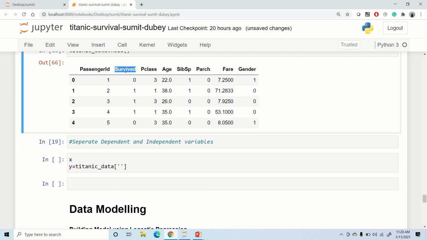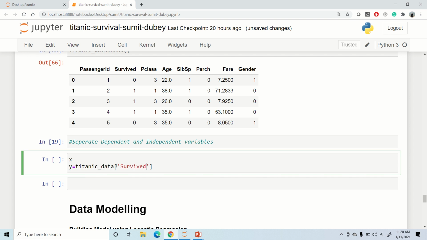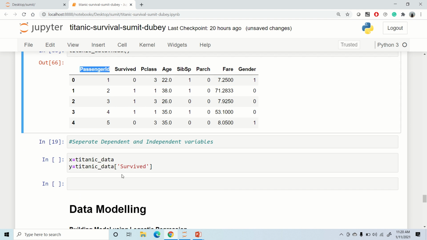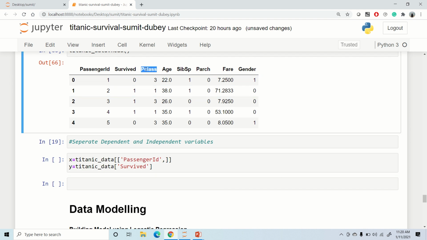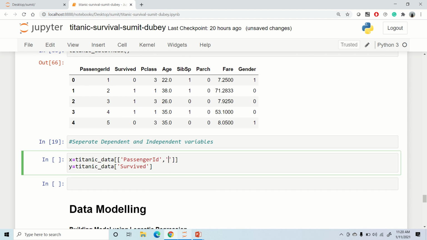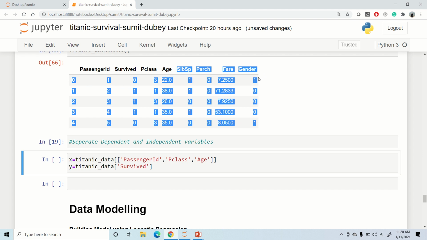So let me just take survived here in dependent variable, and for independent variable I have Titanic data and these many columns, passenger ID. So let me just take passenger ID first, and inside this I'll write passenger ID. Then I'll make use of P class, which is passenger class, age, and similarly the rest of the columns, this and this, right?